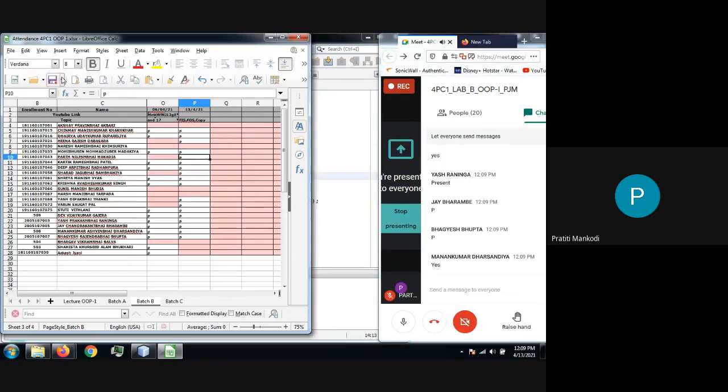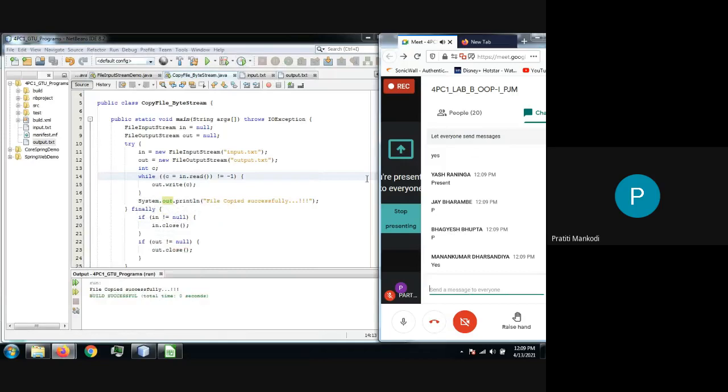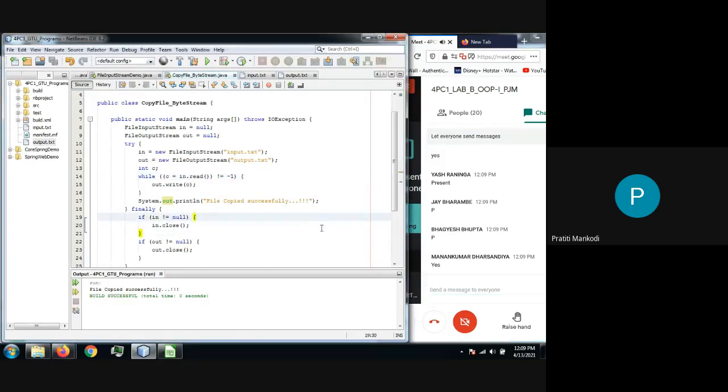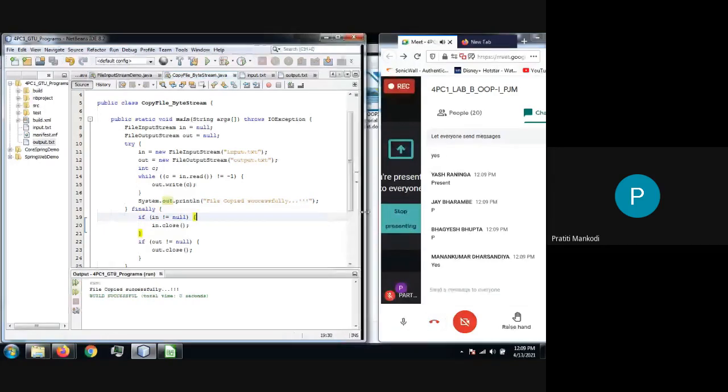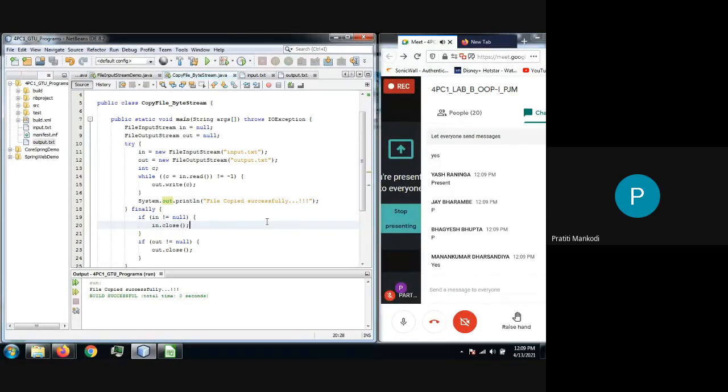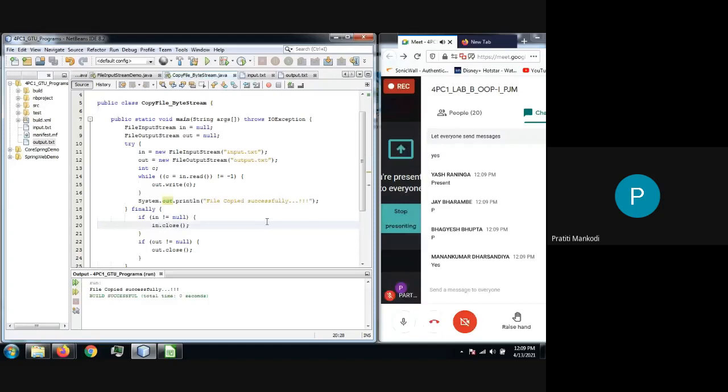Okay, just complete the things. Anyone facing any doubt with this file input stream, output stream, or copy program, or any conceptual doubt? Anyone? So we have already started with file handling programs and we have covered this. Now we have two more programs related to file handling in the tutorial, but we will do them later on because first of all you need to have an introduction to these basic classes and then we can move on.